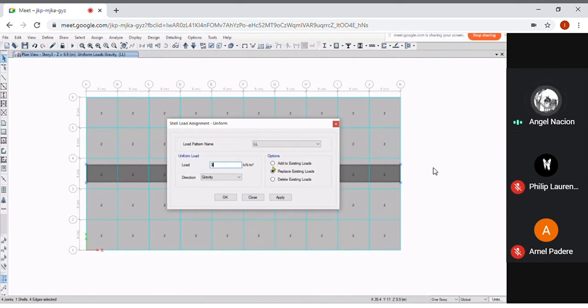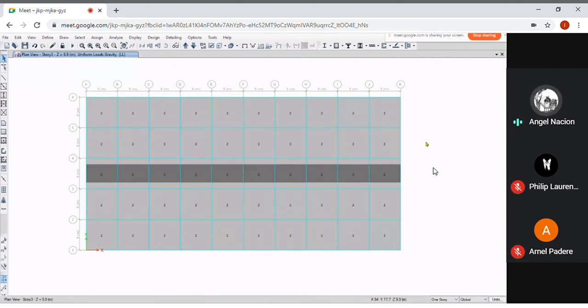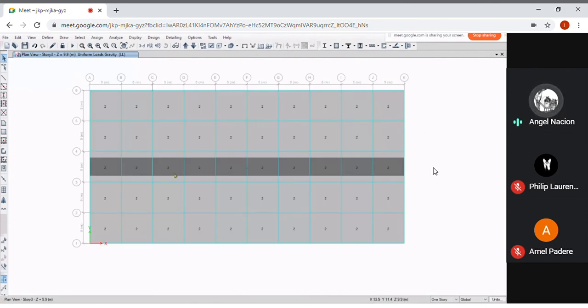Ilagay mo dito is 3, replace, para ma-replace yung 5 kilopascal kanina. Okay, so ganyan yung ginagawa natin para ma-capture natin yung loads ng slab mismo and then yung loads na nilagay natin sa non-slab. So, 3 kilopascal para sa non-slab plus 2 kilopascal para dito sa main slab natin, that's equal to 5 kilopascal, which means,